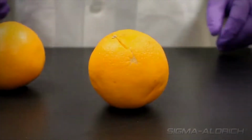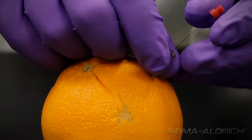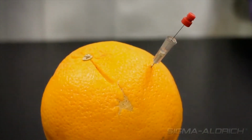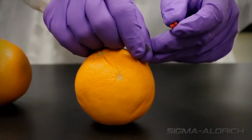analysis with that. For different types of fruits, we would take the fiber, push it through into the fleshy portion of the fruit, expose the fiber section into the flesh so we can concentrate our analytes onto the fiber, retract the fiber back into the barrel portion of the needle, and then pull that out and send it back to